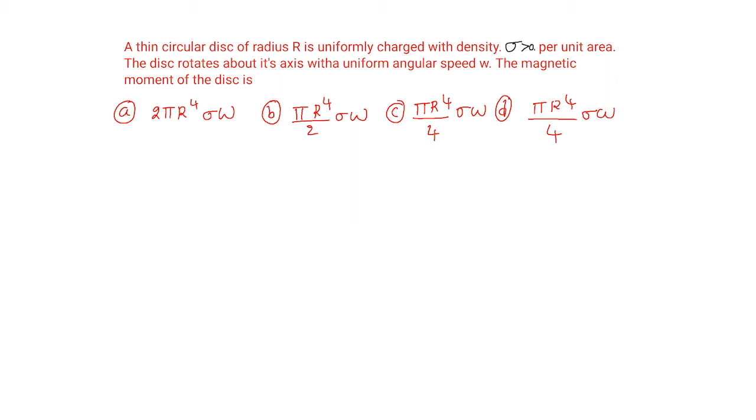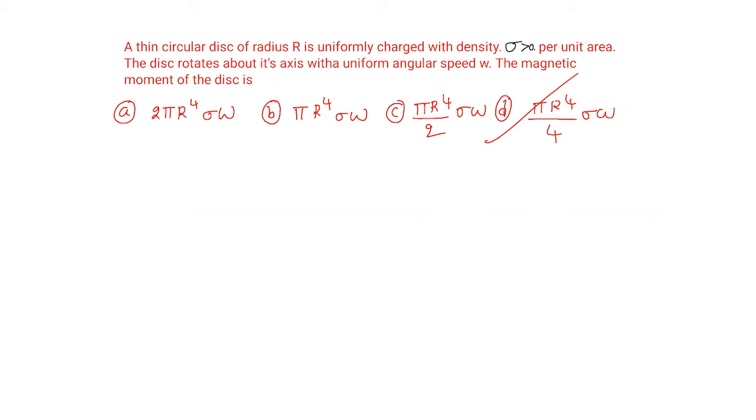Yes. They're asking the magnetic moment of the disk. C and D are both the same. One minute. This is 2. Okay. Now you do it. Option B and C are same. Then yes, this is B. Anyhow, the correct option is D, children. Correct option is D.